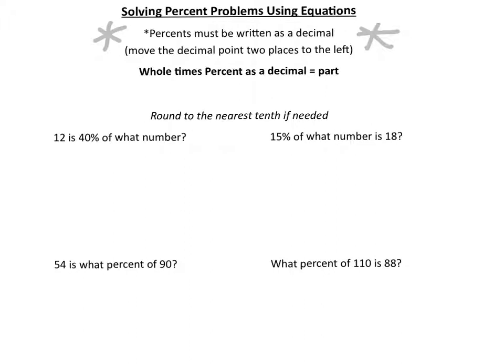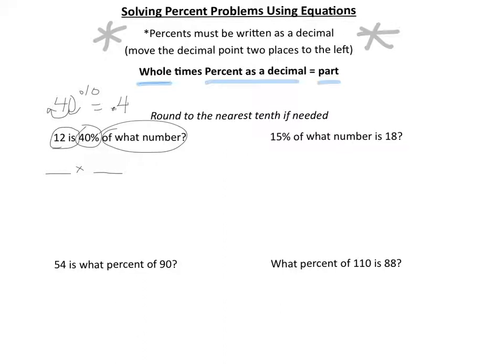First problem says 12 is 40% of what number? Now notice this time we're going to round to the nearest tenth, and at the top of the page we're told we're going to multiply the whole times the percent as a decimal, and that's going to equal our part. When we read this, we say 12 is 40% of what number? The whole, we don't know. The percent is a decimal. If it's 40%, to make it a decimal, we go 1, 2 places to the left, and we get 0.4